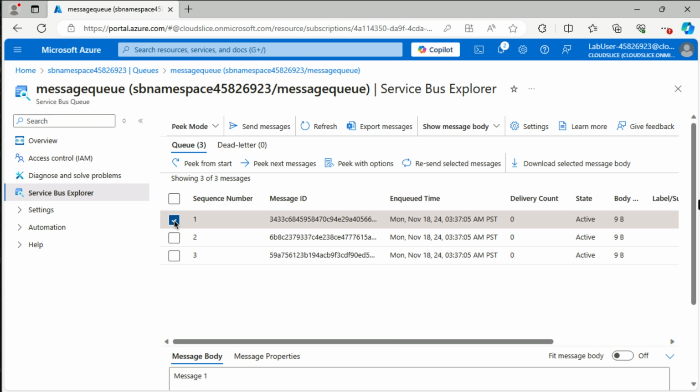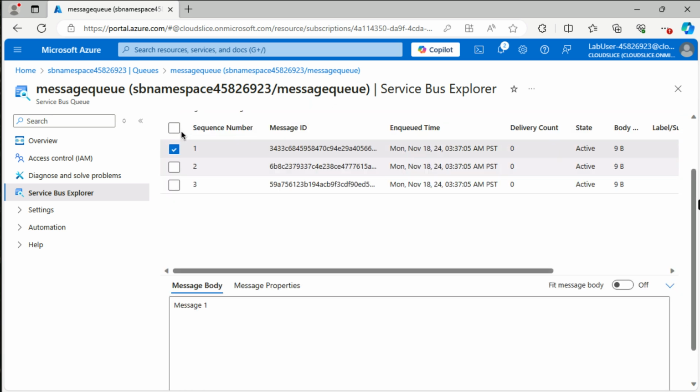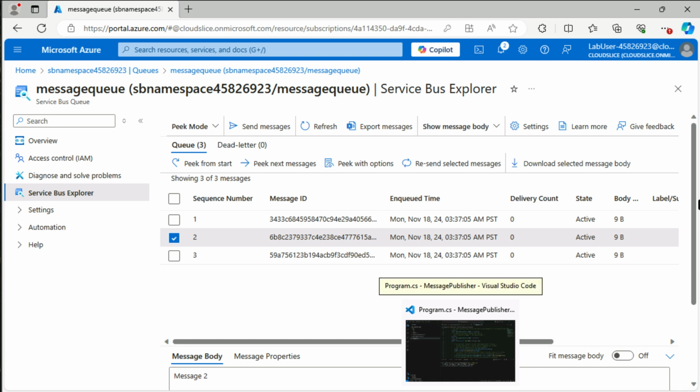If we click on one of them, then down here we can actually see the contents of it, which is just message with the number. And similarly, we could take a look at message number 2, and it is message 2. Okay, so the messages are in the queue. So let's go back